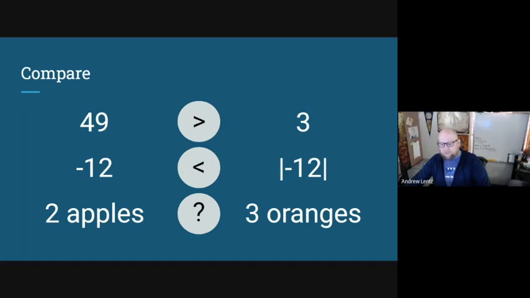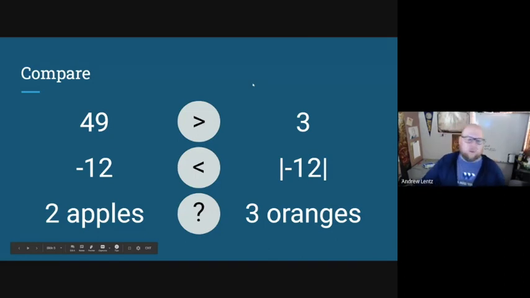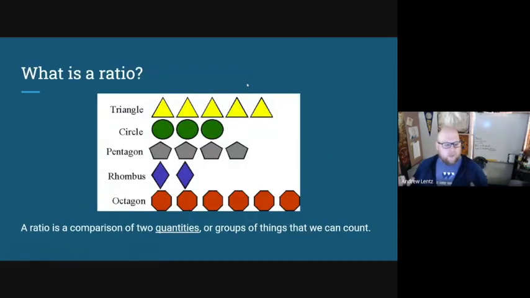Okay. It's like comparing boys to girls. 7 boys to 8 girls. Who's better? I guess there's more girls, but are they greater than? I don't know. So this is where the idea of ratios come in, because in ratios, we start looking at